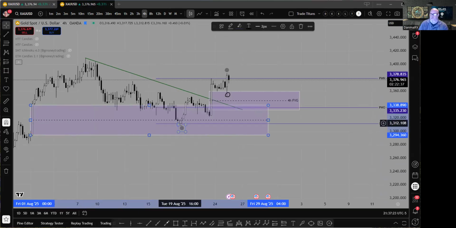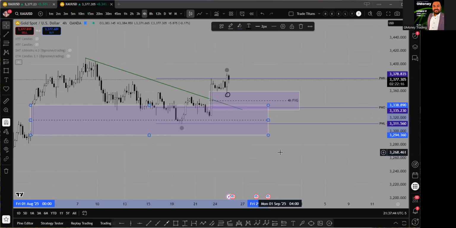And see how it perfectly came back and hit the 50. It has a tendency to at some point want to come back and hit the 50. And on that note, as you bring that comment in, Dan, that's really important. We do have to, in my opinion, choose one time frame to play those fair value gaps because you